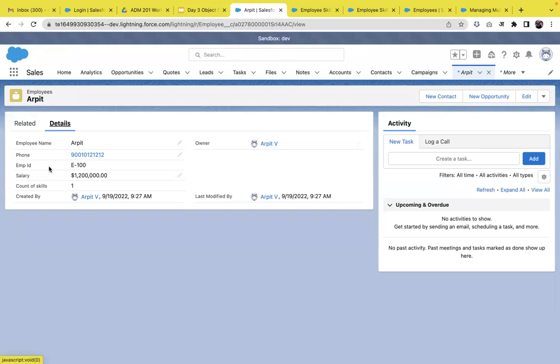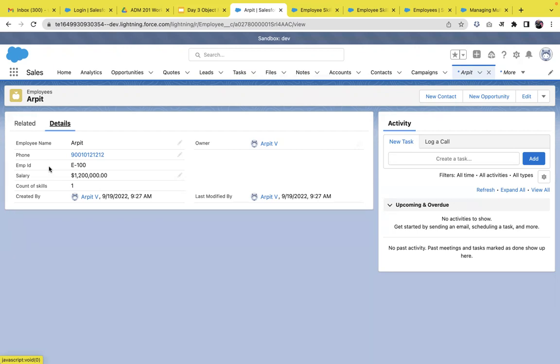And we know the contact object can be used for both of these objects, because at least we'll be storing the names, mobile, phone, email, address like these. So at least for these objects, we do not need to create custom objects. Okay. But how will we distinguish between them, like which one is employee, which one is teacher, which one is student? So what we can do, the first thing,